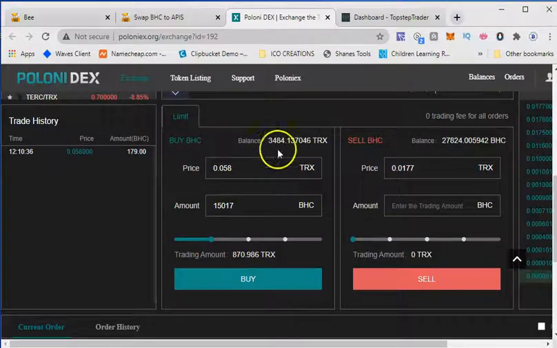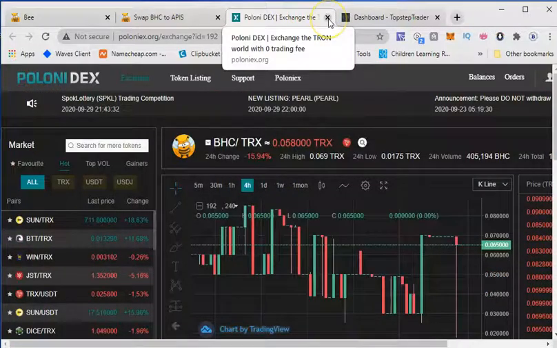Take, for instance, at this price, with this amount, I will get 15,000. If I spent this 25%, this is how many BHC coins I got. If I spent this much percent of the trading amount, this much TRX, then this is what I get. You get what I'm saying? So it's going to take time to fill this order. Not a long time, but it's going to take time. When you see all of your BHC coins in your wallet after buying on Poloniex,